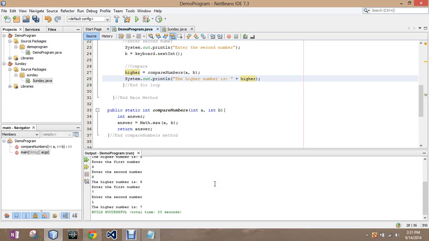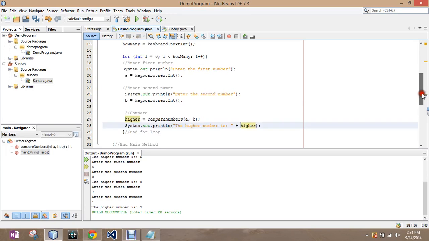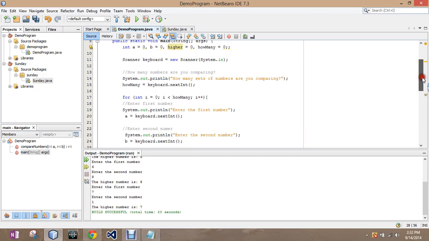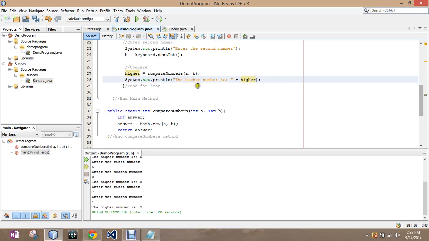Next thing I'm going to show you is what we can do with a void method. A void method can be used, but it will not return anything else. So right now I still have higher in my main method equal to 0. I'm going to go ahead and get rid of this higher equals compare numbers. I'm just going to make compare numbers